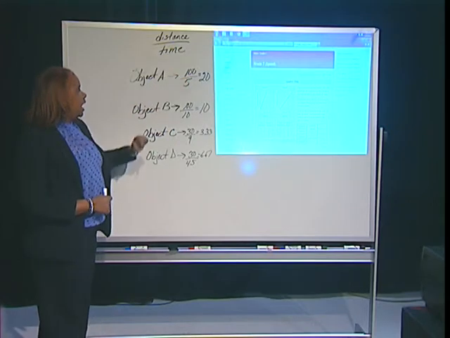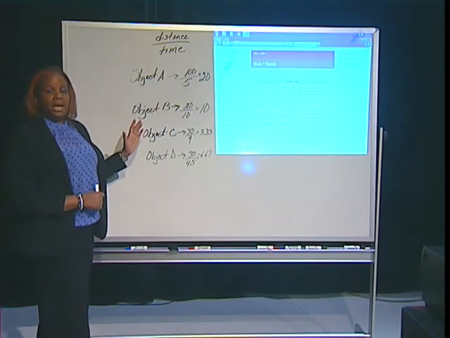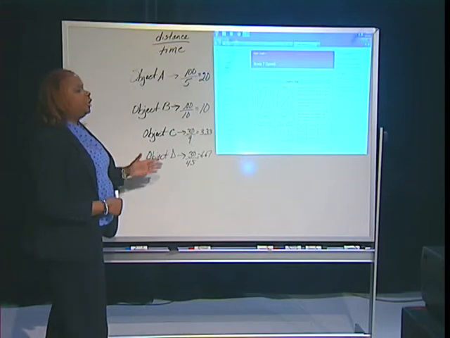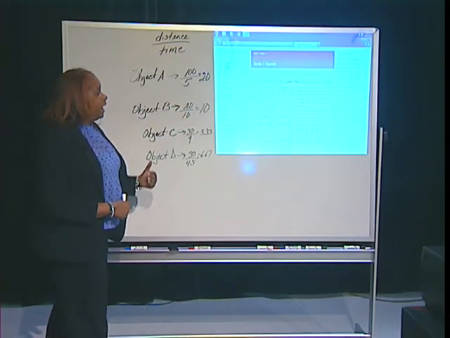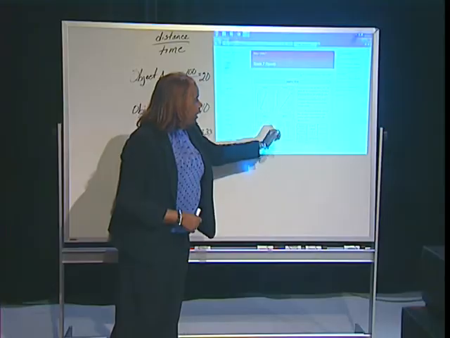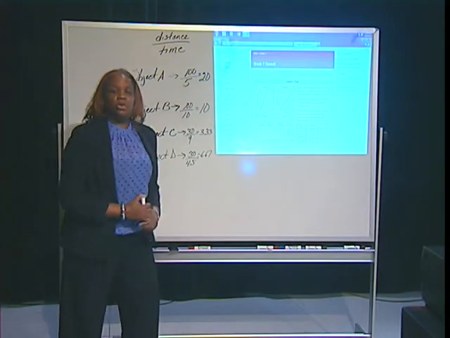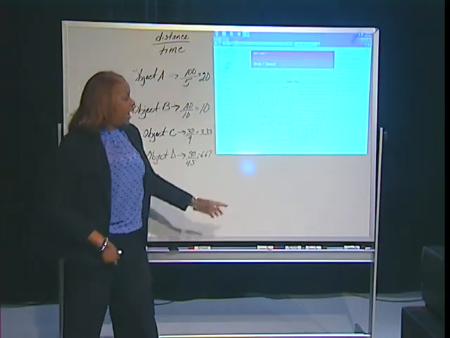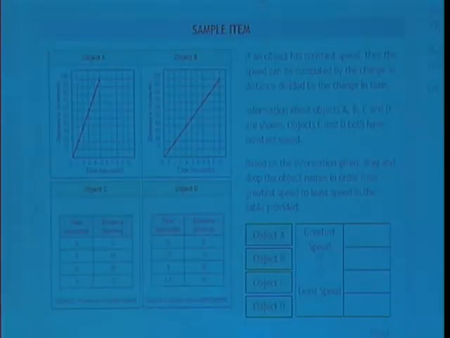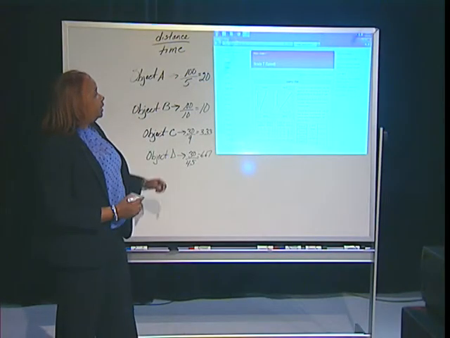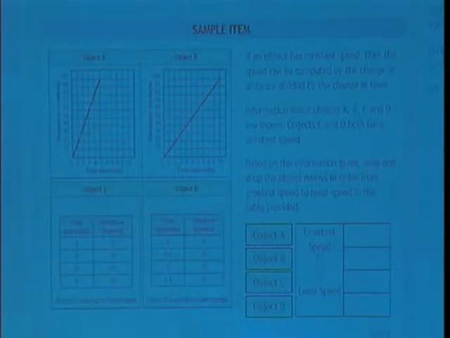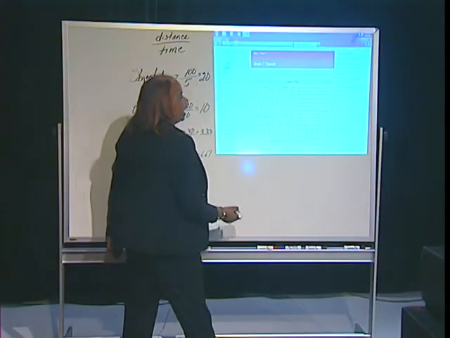Once you receive the results from object A, object B, object C, and D, you then put them in order. They're asking you from greatest to the least. Take a look at your results. If you had to use this on the computer, you would be dragging each object in the correct order. We will not be doing any dragging, but we can place this in order, and this would be object A. If you look at all 4, it is the greatest. So I would put,